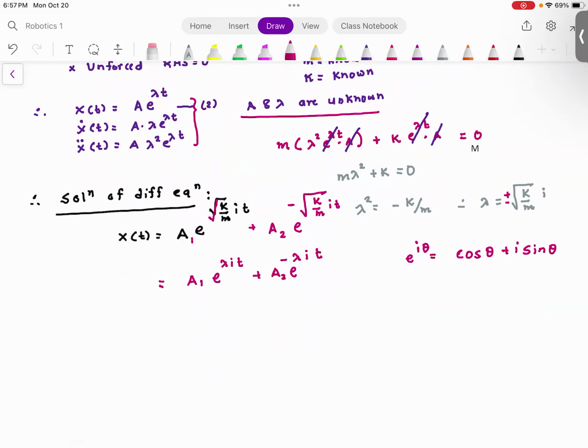I'm going to separate out the real part and the imaginary part. a1 is going to be cosine lambda t plus i sine lambda t, plus a2